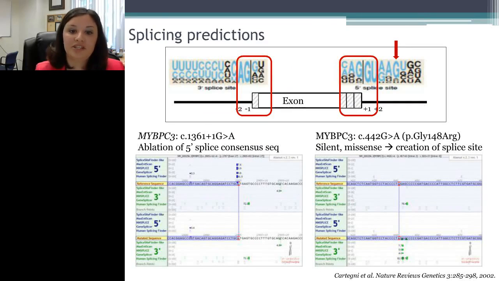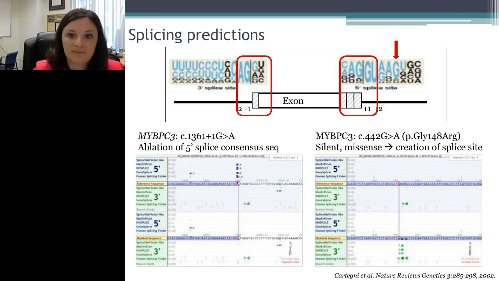One other kind of prediction that we can use are splicing predictions, and a program that we often use for this is Element, and that's where the examples are provided here. But really what we're asking are the splice sites affected, or does a variant lead to the creation of a novel splice site? So on the top here, I've shown an exon, and you can see where the ±1,2 spots are that are the common splicing